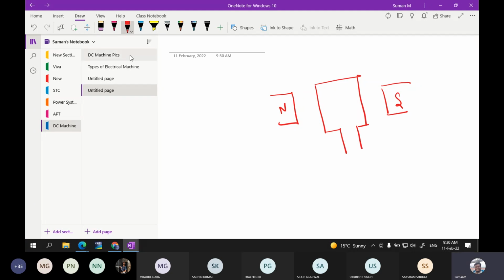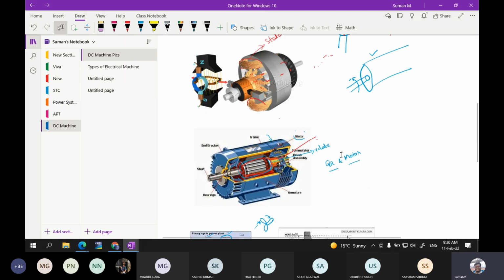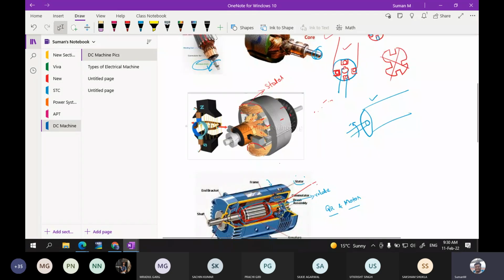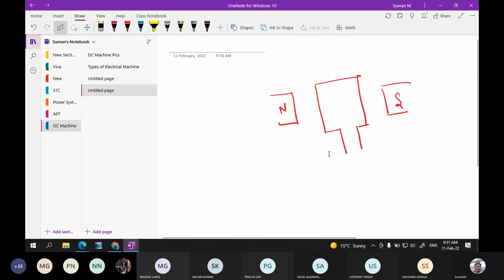Now you can see this particular peak. This is looking in the vertical manner, but you can see that there is some conductor which is going to be like this, that is placed in between the north pole and south pole. So the conductor is going to be like this. Now this is placed over a